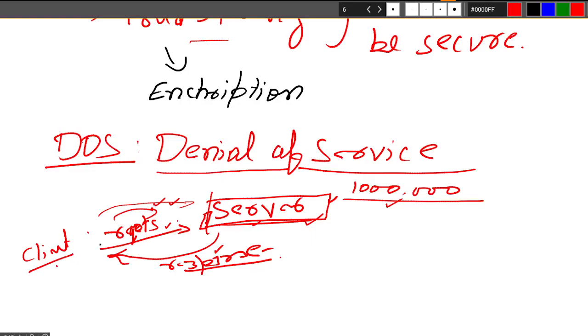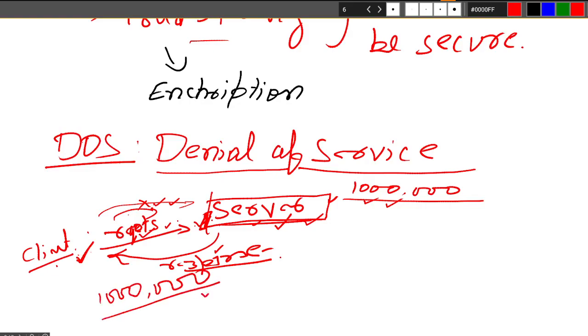Now this client makes a request, and when the acknowledgement is due, the client is not sending it. The server is maintaining some information and waiting for this client, and the server is counting this request as one among this 1 million. Now suppose a scenario where this server receives this fake request 1 million times.